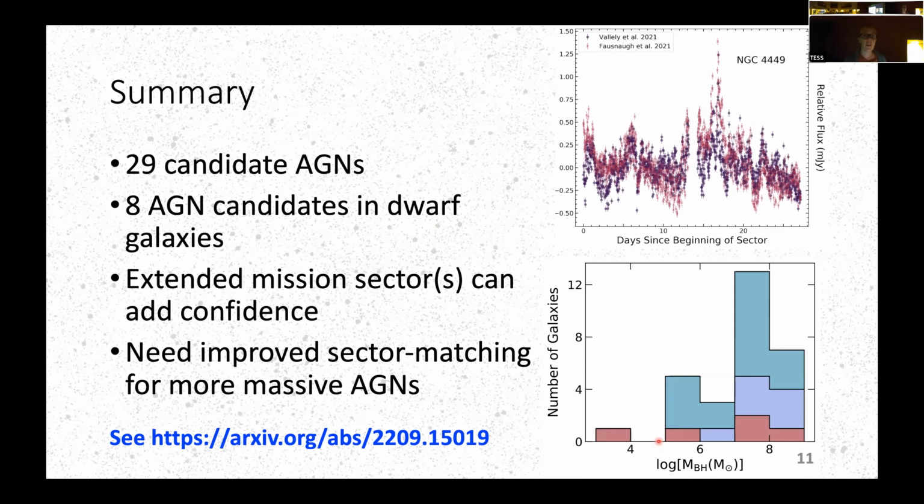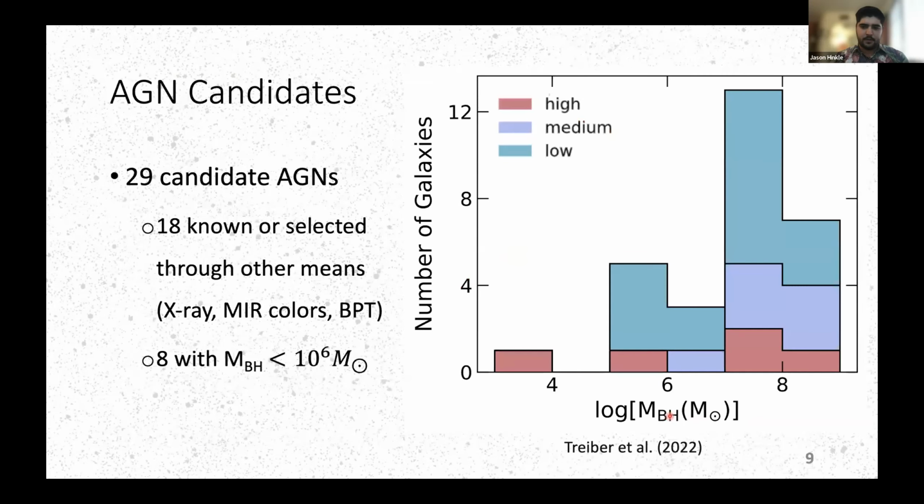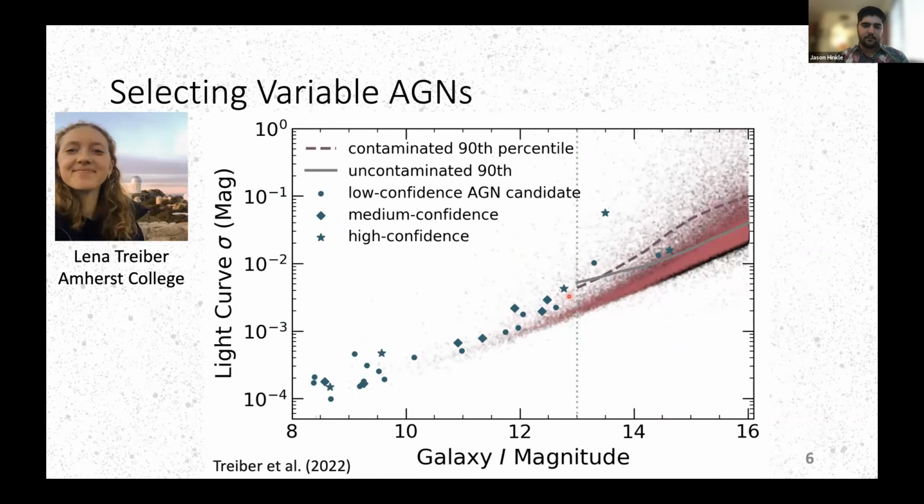So you mostly just scaled off the mass of the galaxy? A lot of our sources, so I can go back here, as you can see, a lot of our candidates are these brighter ones. Most of these have better measurements, either some sort of stellar velocity dispersion or something. So it's still scaling, but some of them are a little bit better than just a total stellar mass estimate. But yeah, a lot of them come from scaling just because, as I mentioned at the very beginning, it's particularly hard to get resolved stellar velocity dispersions and actually probe the black hole masses directly.